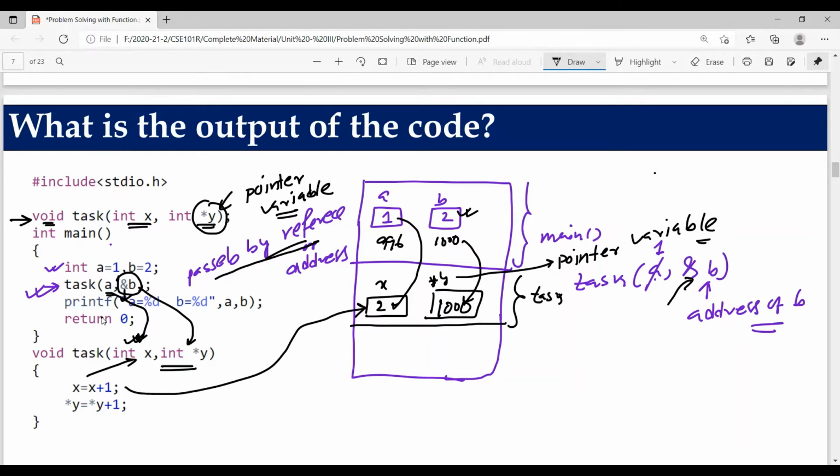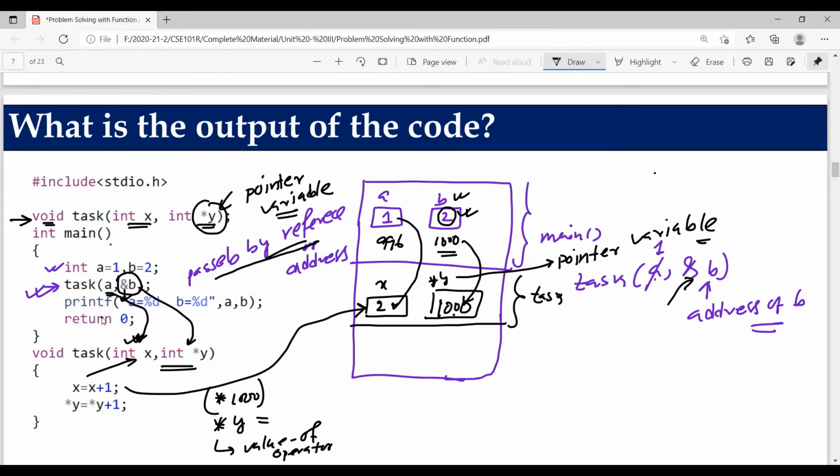Next, what you have written. Now see the most interesting fact. You have written value of y. So now it is called what? The value of operator. So what are you doing now? Value of y. What does y have? y has the address 1000. Correct. So internally we are writing value at 1000. What is the value at 1000? The value at 1000 is 2, which is referring to b.